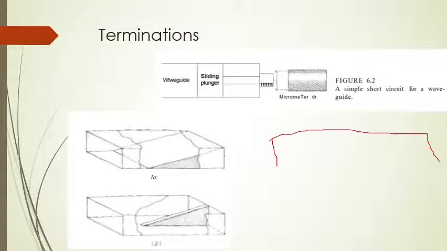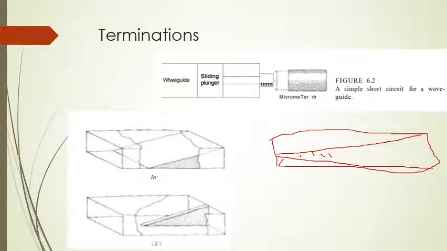It's like a simple rectangular block, and inside this rectangular block you will see a tapered type of body being kept along the length of the waveguide. Now, the surprising thing is that the color of this body is always black. Black always absorbs a lot of heat, and microwaves, when they are working, generate a lot of heat. So a matched load means something which is made up of a black body which will absorb all the radiation.